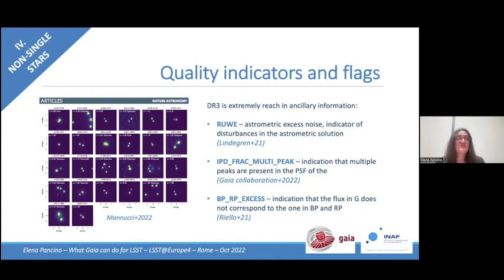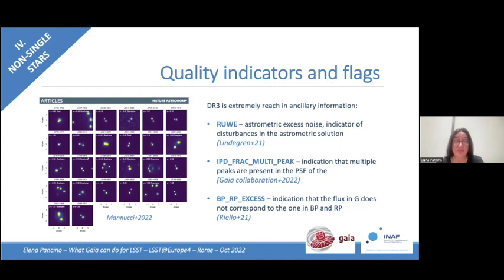So if a source has more than 10% of the transits in which it appears double, it's a good indication that it has a nearby companion, and this identifies companions between 0.2 and 1 arcseconds of separation, and it was used in this paper in Nature to find a large number of double quasars and gravitationally lensed quasars, for example. It can also be used to separate nearby companions. There are other means, but it's pretty simple, straightforward, and effective.